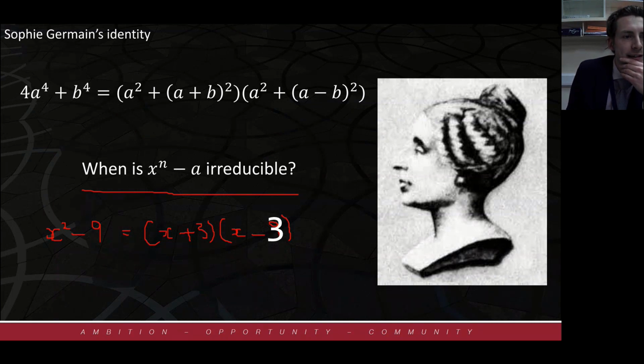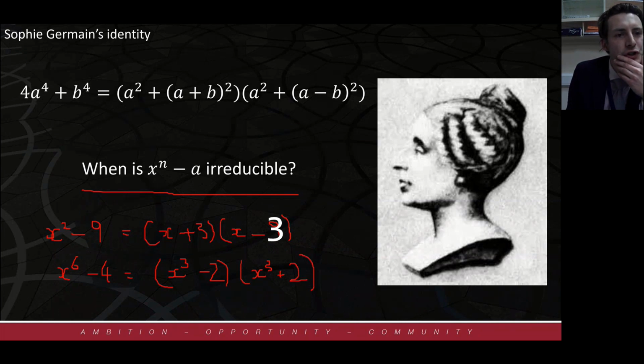We can also do things like x to the 6 minus 4. That can be reduced as well. We can write that as x to the 3 minus 2, x to the 3 plus 2. So we've got another way of writing the same expression where we've managed to write this in lower terms as we go along here. And so the question is then, well, how do we know whether we've found all of